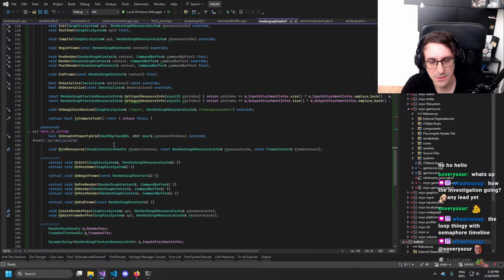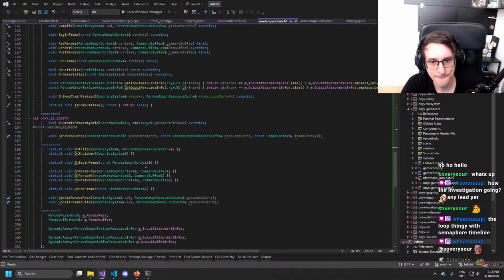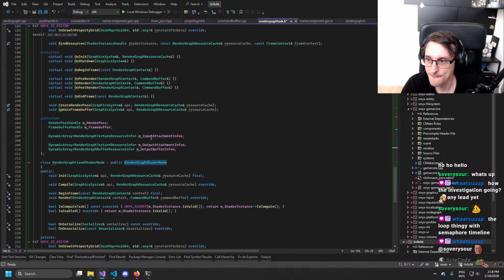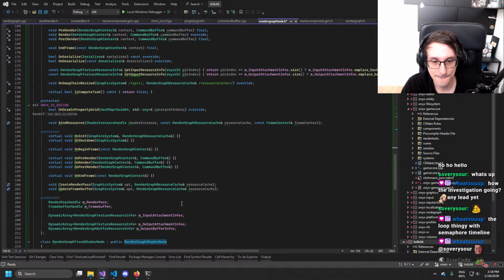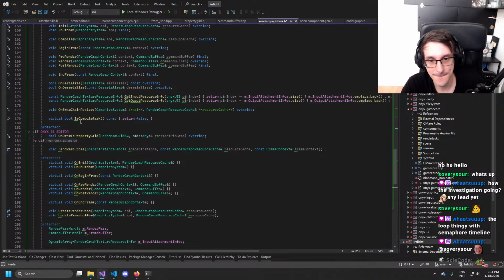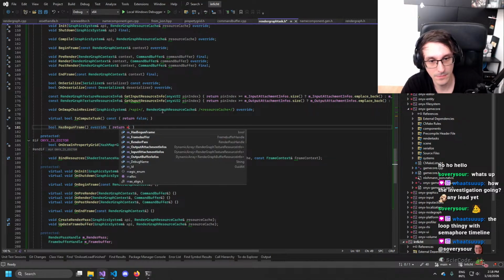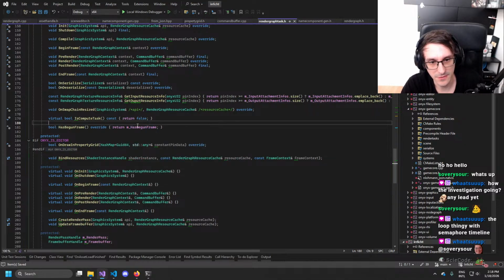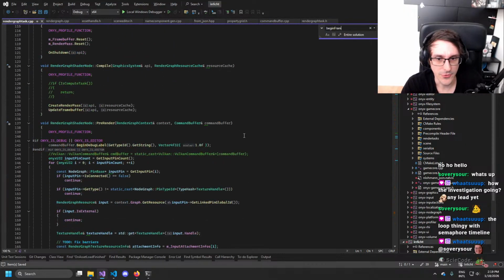Render graph shader node. I guess I can do that here. Bool m has begun frame. And then this works basically. Begin frame.